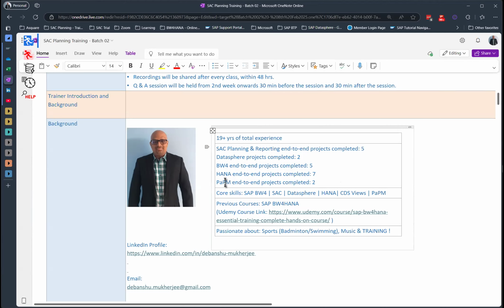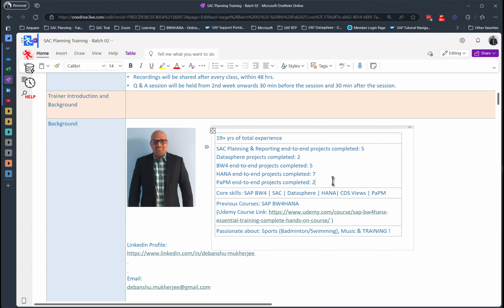And PAPM. PAPM stands for Performance and Profitability Management. PAPM is basically a cloud tool now. It's a PAPM cloud version, which is the latest one, but PAPM had its on-prem version as well. PAPM is basically a tool used for allocations. When you do allocations and the data volume is huge and the complex rules are there, then SAC cannot do the allocation for you.